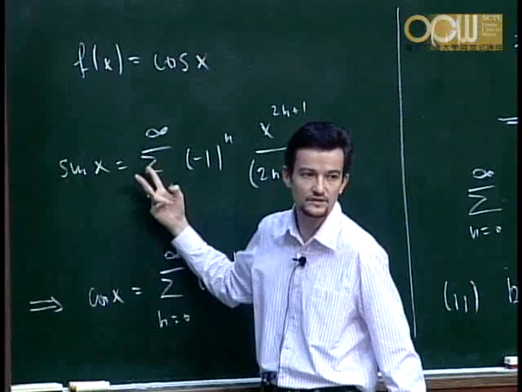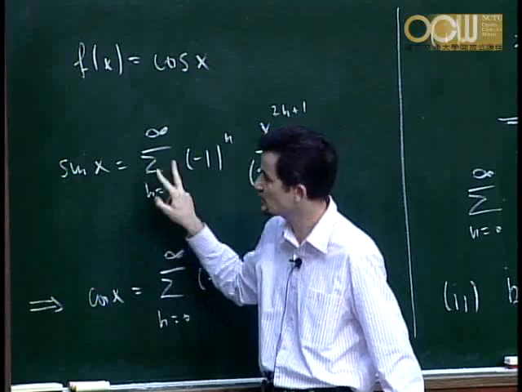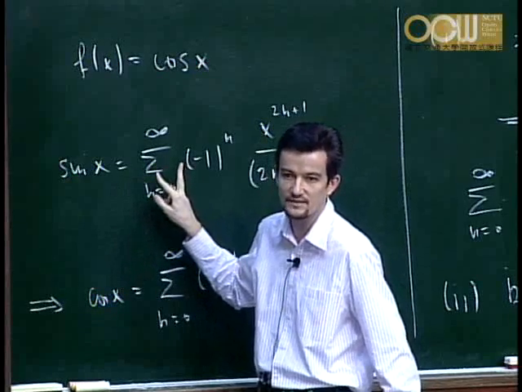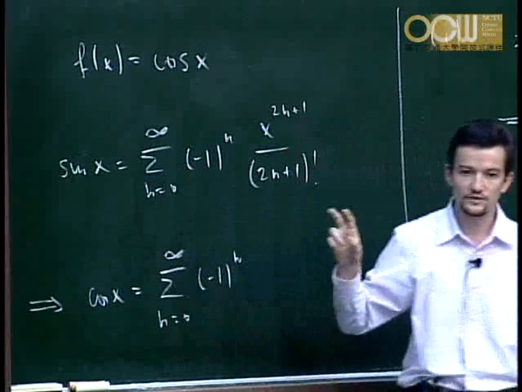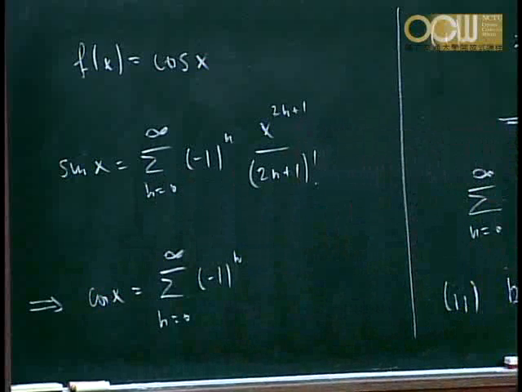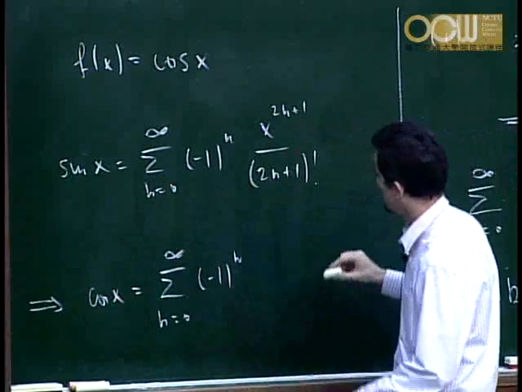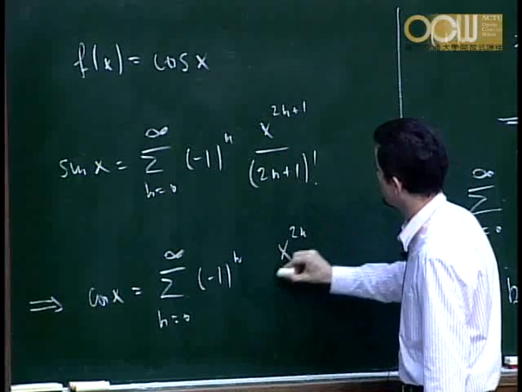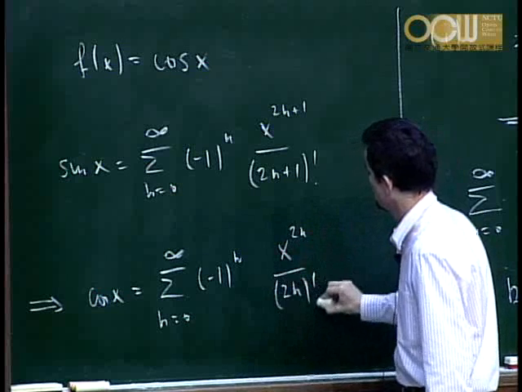I explained this already last time. This is not a trivial step, you have to prove it, but we have a theorem which we saw last time which allows us to do this. What you get then is x to the 2n over 2n factorial,